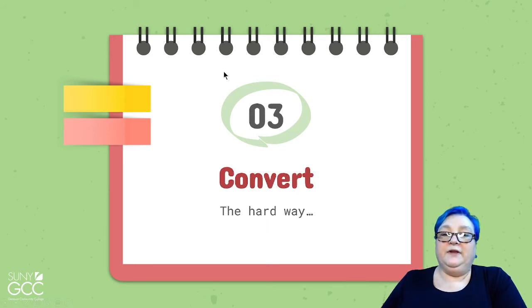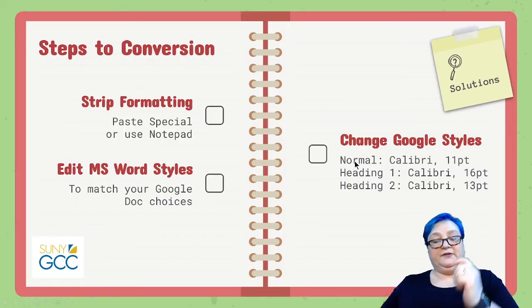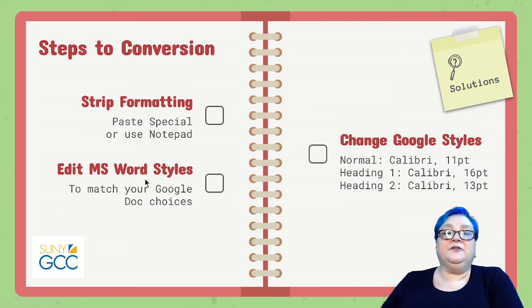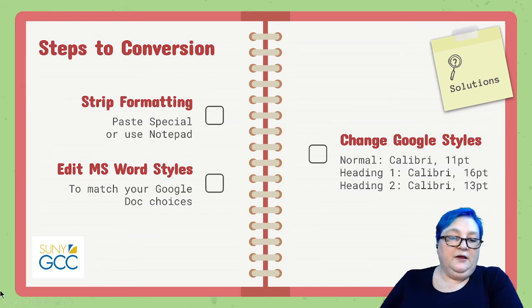Let's talk about when you can't do that. Let's talk about when you have an existing Google Doc and you have to bring it to Microsoft Word format. Well, there's a couple of ways to do that. The long, complicated way is to strip out the formatting and redo it using Word styling. That's tedious, but if you have a long document, you might have to do it that way, and that really deserves its own video. But the easy way and the cheap way to do it is changing the Google styles to match what Microsoft is expecting. And here are the magic numbers for normal text, heading 1 and heading 2. This is what Microsoft Word is expecting. So let's see how that works.